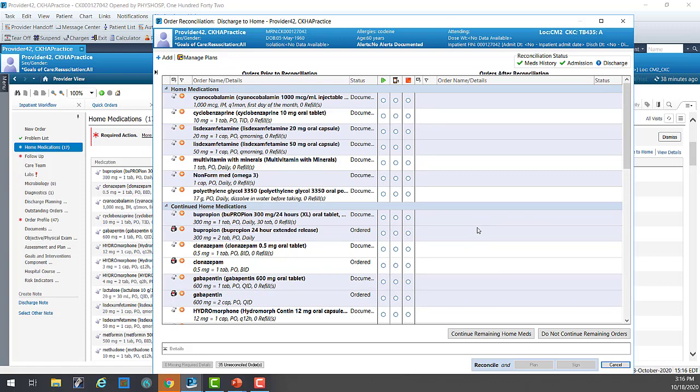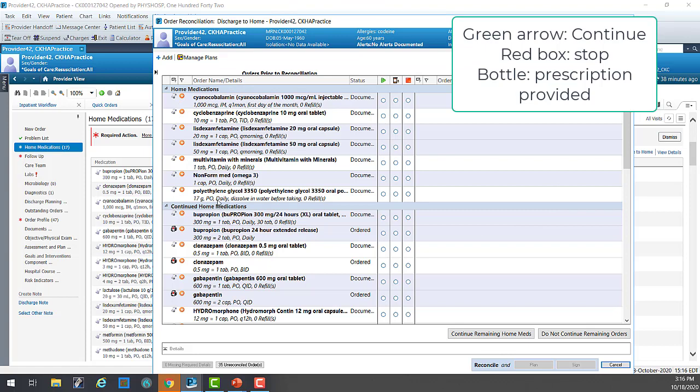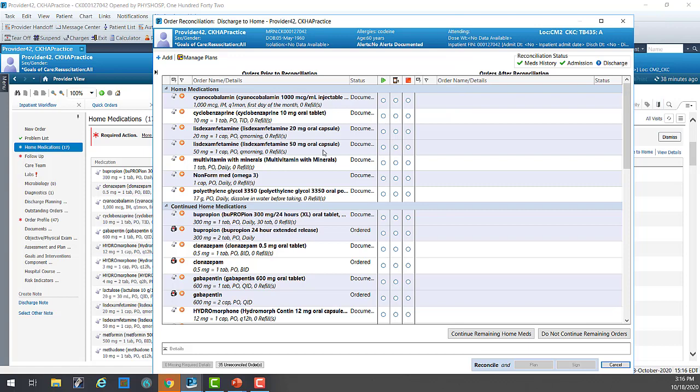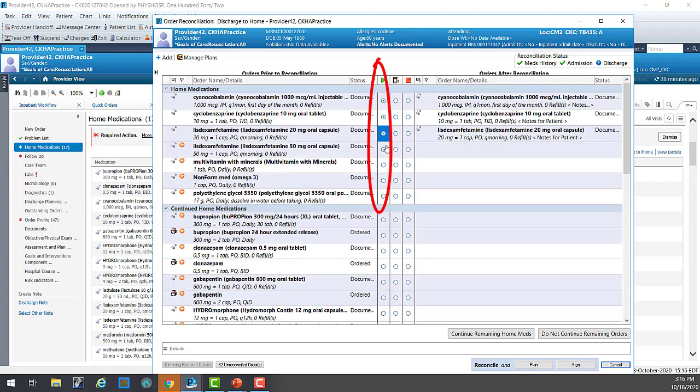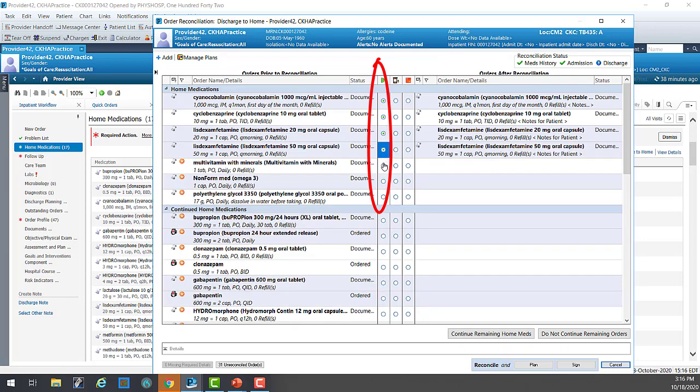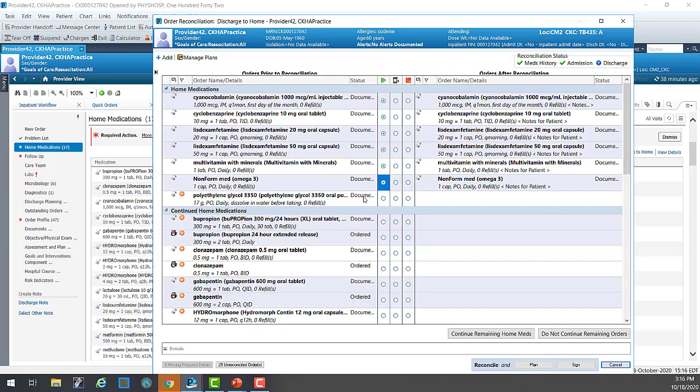So let's try to do this in an organized fashion. We'll start with medications that the patient was taking at home. Is there anything here that we don't want? These are relatively innocuous things, and for argument's sake, we'll suggest that we want to continue all of these. So we'll click those away,